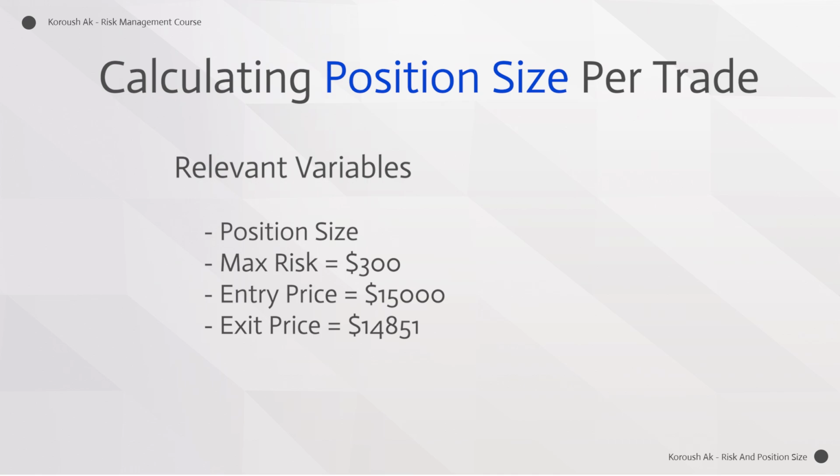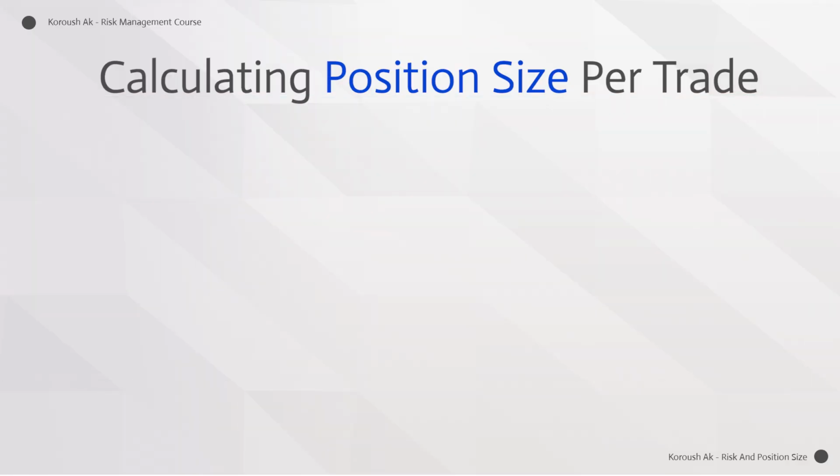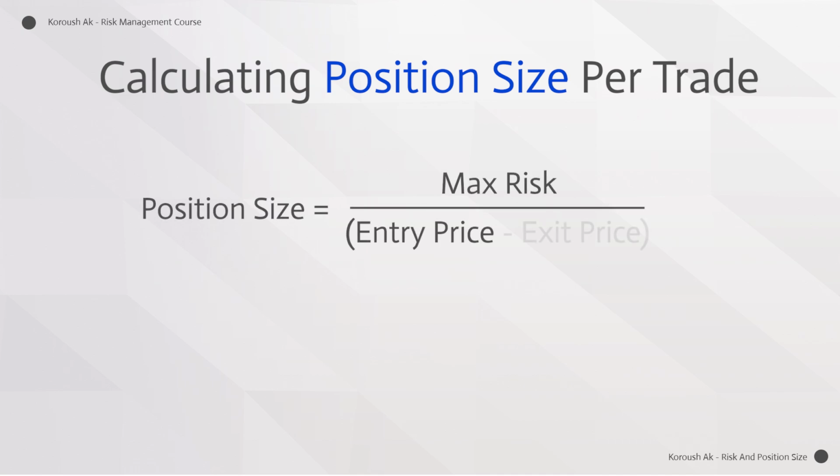So how large should this position be? Well, we're going to put everything into our formula to now figure this out. The formula we put this all into is position size equals max risk over entry price minus exit price. And these are all we need to figure out how big our position size should be. So if we take a look, we have $300 over 15,000 minus 14,851. So this gives us our output of